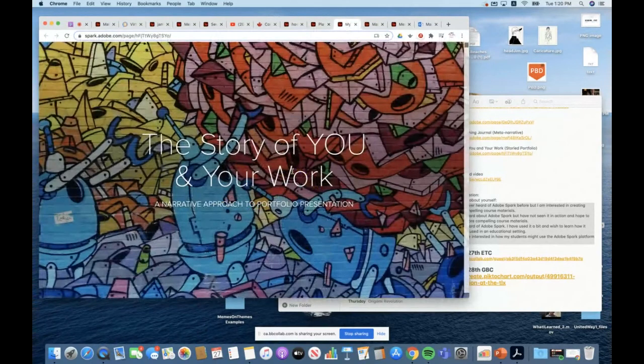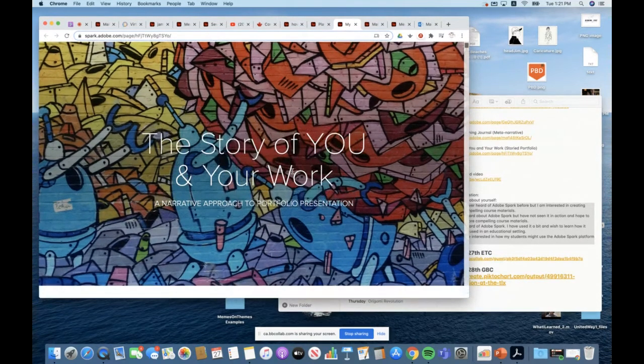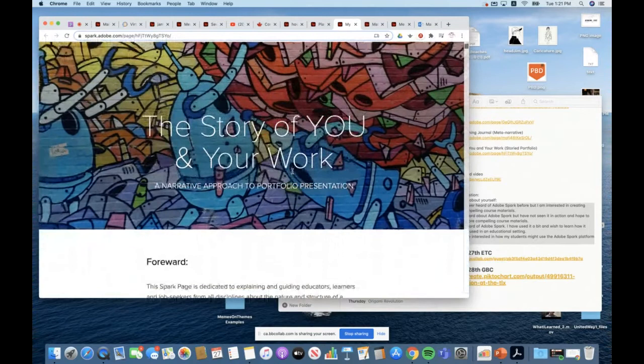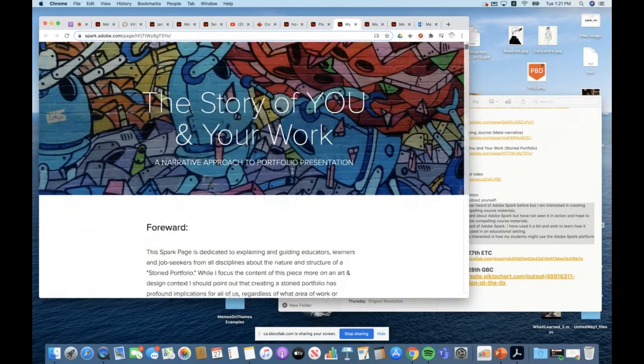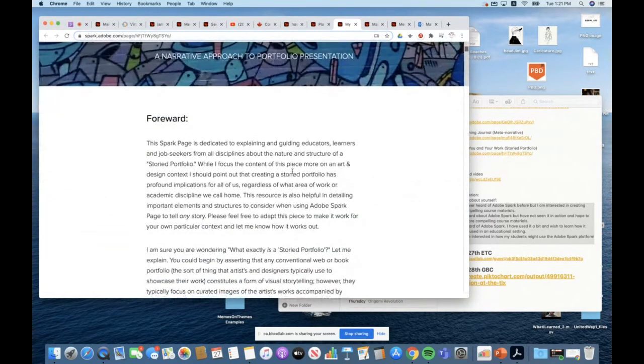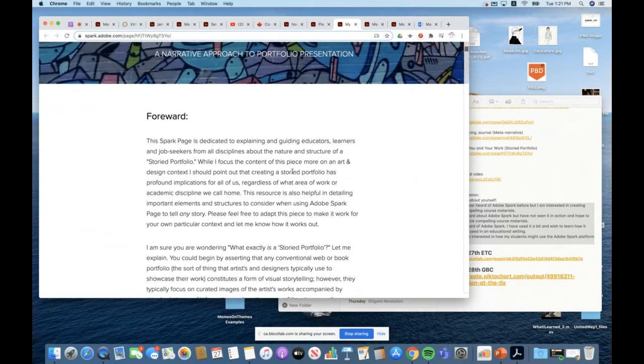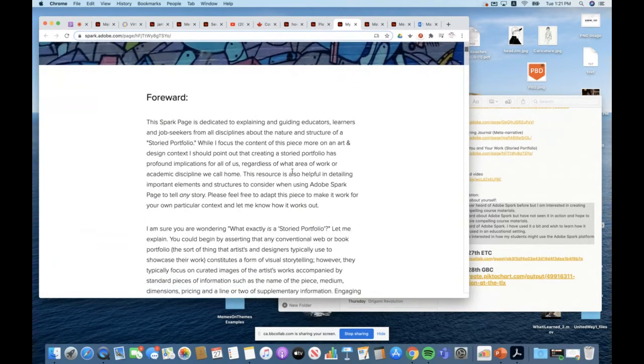And this is also something that I share with my students. And again, this is applicable to any discipline. This is what I call a storied portfolio. It's really just an accounting of the work that a student has done in their life at college and supporting that with imagery that's pertinent to the subject matter. And again, this is what I would call a story scaffold or framework. And I'm going to share this with you as well.